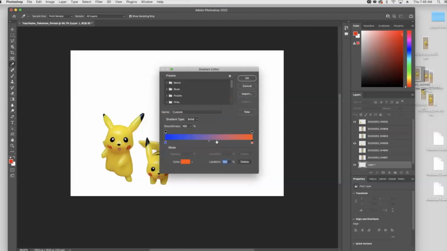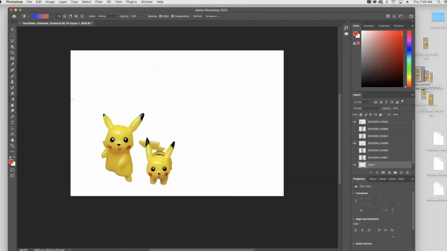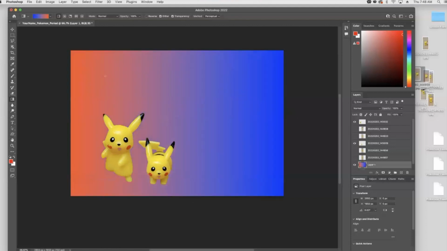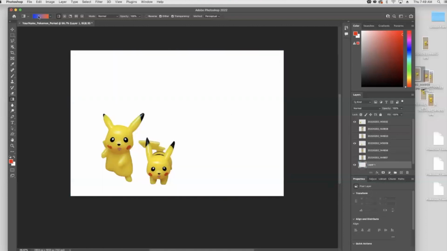I don't know if I really like the color in the middle there, so I may change this to something else. So if I open the basic window, I can see that there's a transparent one. Before I go in there and change it, I'm going to show you what this one looks like. So all you have to do is drag your mouse across, and then you'll get the gradient to show up like that. You can change the angle by dragging in a different direction, like that. The orange and blue together kind of looks red, so it's not quite giving me the complementary colors I want. So what I can do is I'm going to undo this,